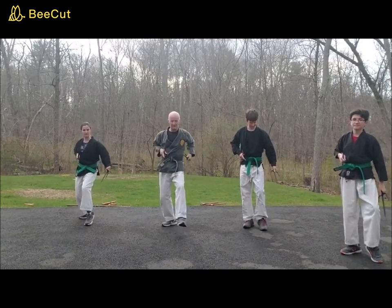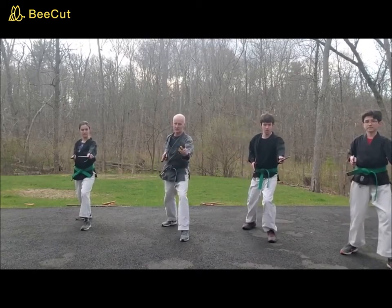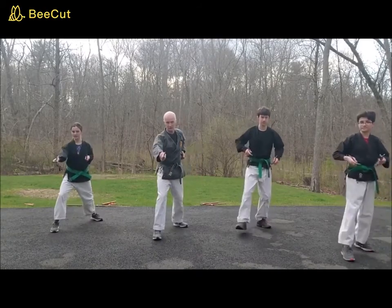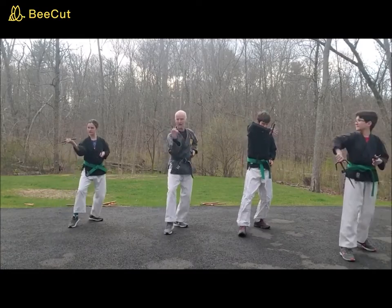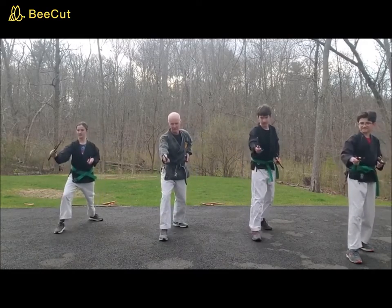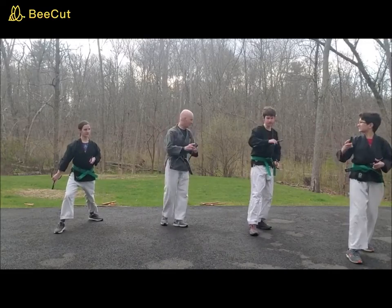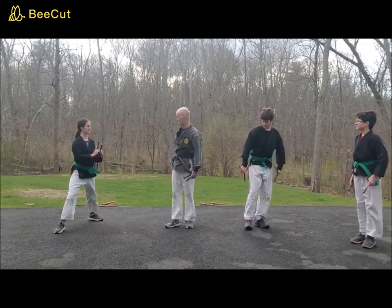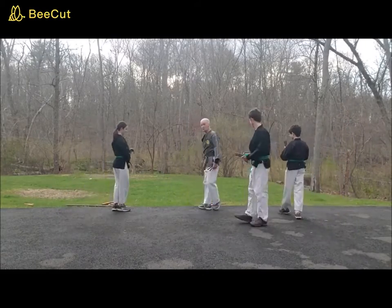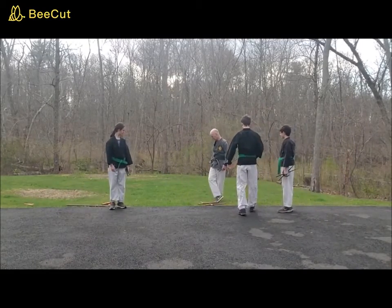I'm in cat stance. Now I'm in front stance. Thrust, block, step through and punch, block, block, thrust. And once again, you can do that from one side of the yard to the other. We're not going to do that, but there is a move in the kata